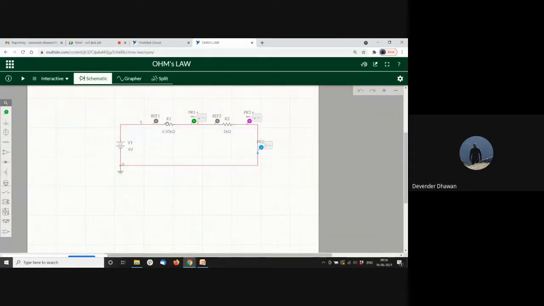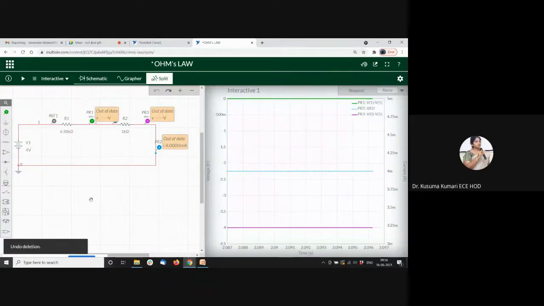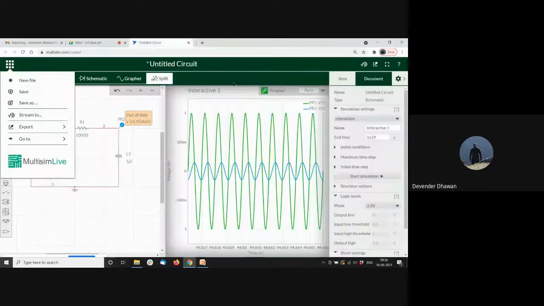Now if I want to delete this resistance, I can delete it and connect like this, and it will still keep on working. It's not like it is not going to work. It is going to work. So you can always change any circuit you want. Okay, sir. Okay, I will try again. So you can try it later on.